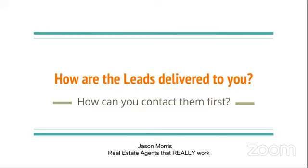And this is how you have an advantage: you have to check the website. The leads on the website don't come through the app and through email until after they go through quality control. I typically check the website around 7 o'clock in the morning, and I usually check it throughout the day 3 or 4 times, depending on what I've got going on. The reason is because they'll show up on the website in your account way before they actually show up on the app. And sometimes over the weekend,